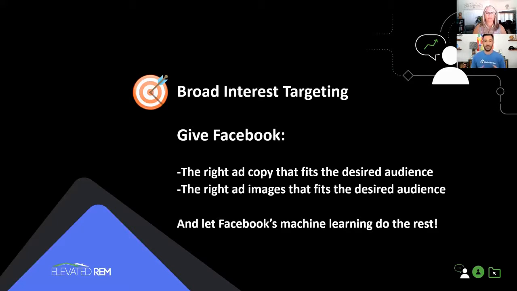And then Facebook will start to really look at the ad image and look at the metadata on the ad. They'll look at the ad copy and realize it says homes and real estate and Scottsdale, right? Or a certain neighborhood. It'll then look at the destination URL and look at all of that schema data and realize, oh, this is an ad campaign about real estate. So we should serve this to people that are interested in real estate based on their behaviors and actions. So it's a great type of campaign. Really, it removes a lot of the head scratching, and you just let Facebook do the heavy lifting for you